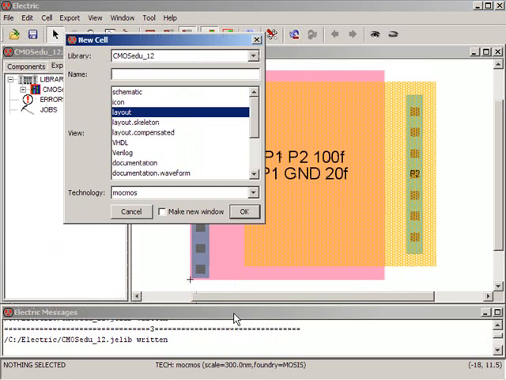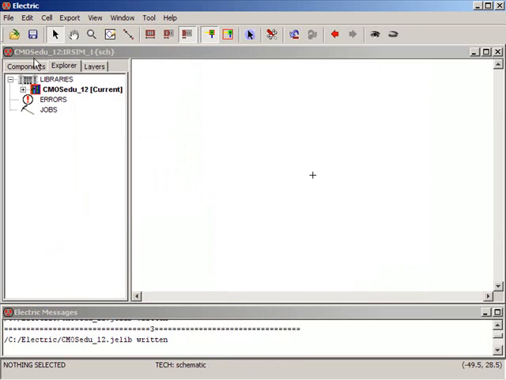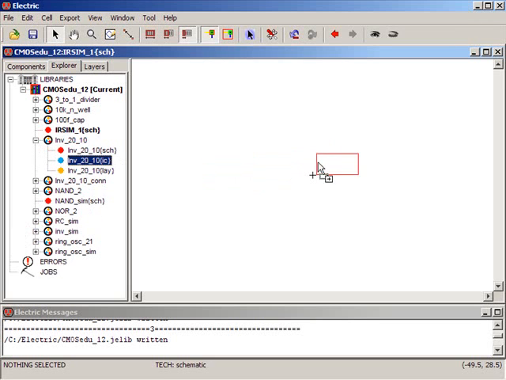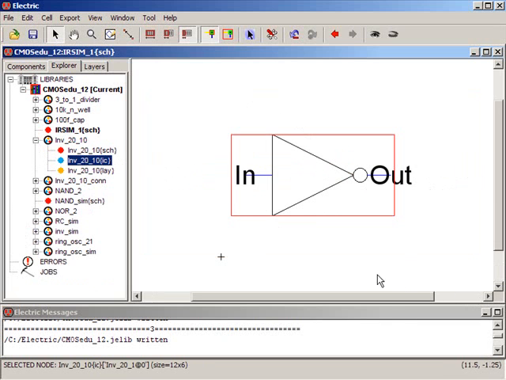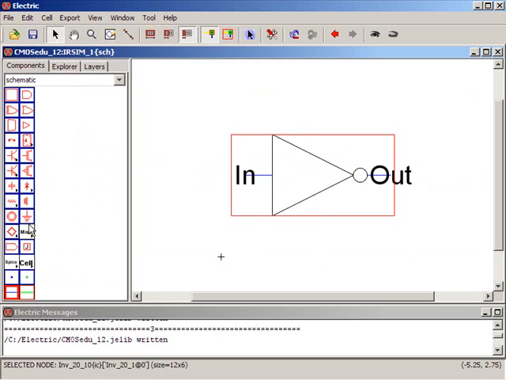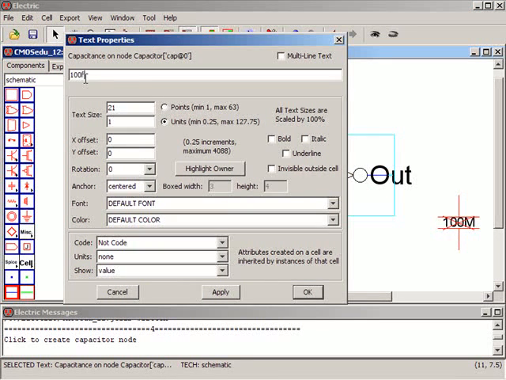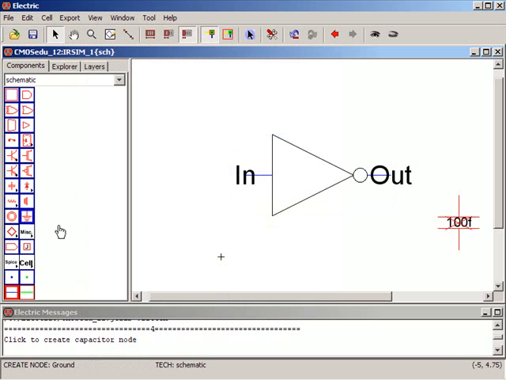Do a Control N. We'll do a quick little sim, IRSIM1, and it's a schematic. We need to use the elements that have transistors, so we'll select an inverter, just throw it in here, fit, zoom out a little bit. Let's throw down a capacitive load, press Control till I get to that. Control I, 100 femto, drop in my ground,